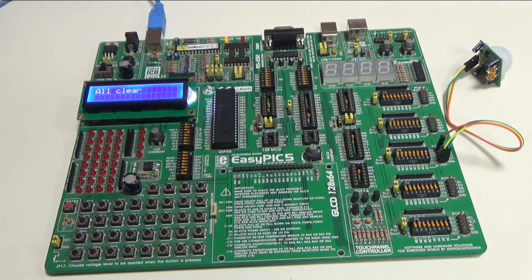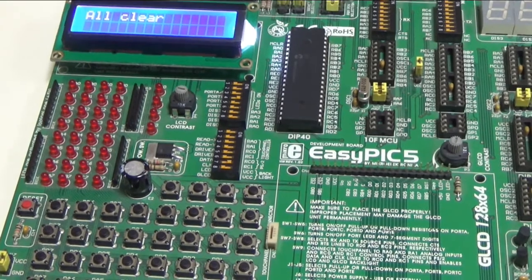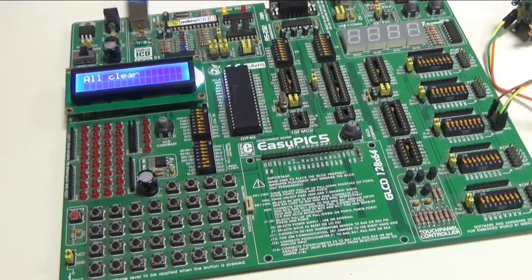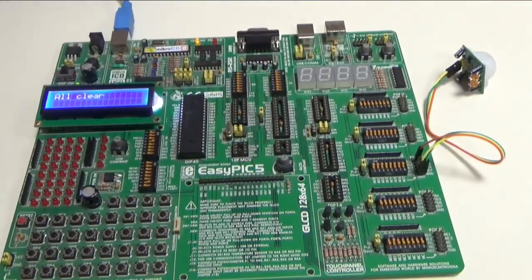On your right, you can see here the PIR sensor, and it is a sensor that is used for movement detection, so it detects the movement. Now here on the left, as you can see, I have an LCD, and if there is no movement detected by this sensor, it won't say anything. However, if this sensor detects any object,